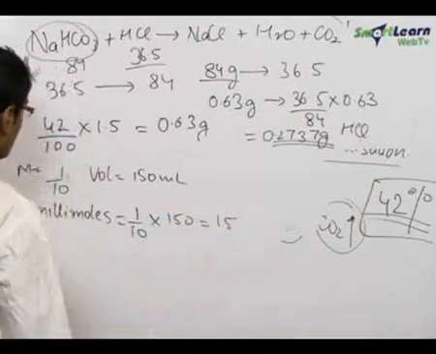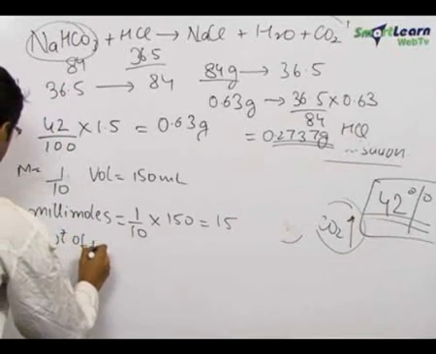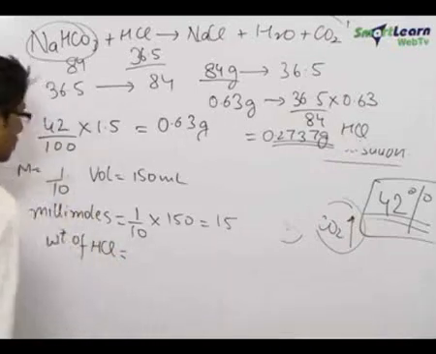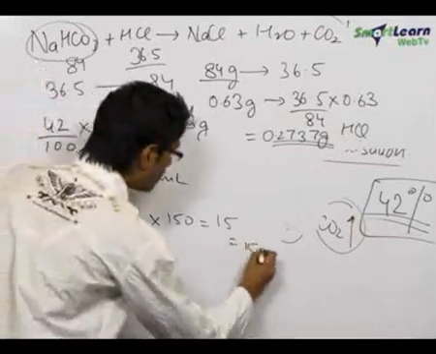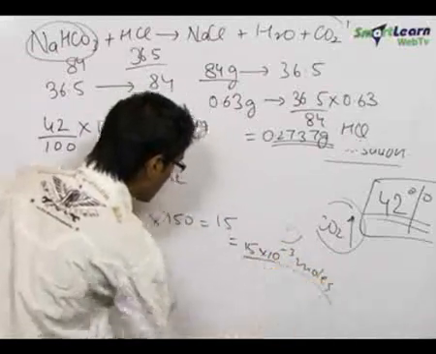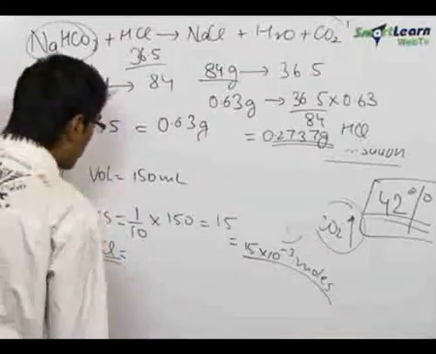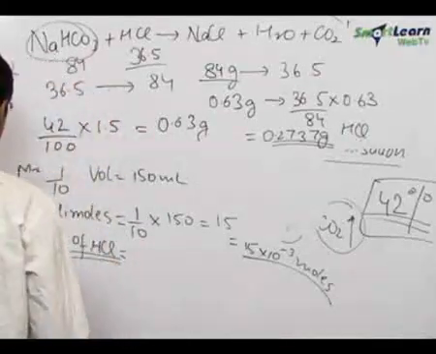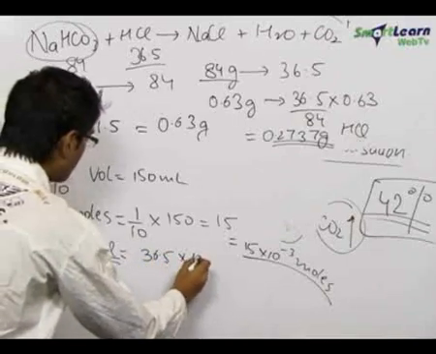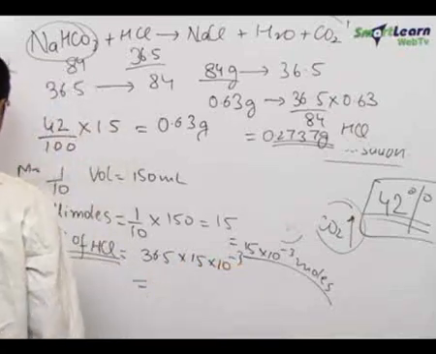So we get 15 millimoles of HCl. So the weight of HCl: this is 15 millimoles, hence 15 into 10 power minus 3 moles of HCl. And we know that the weight is obtained by multiplying the number of moles with the molecular weight of HCl, which is equal to 36.5. Hence we get 36.5 into 15 into 10 power minus 3